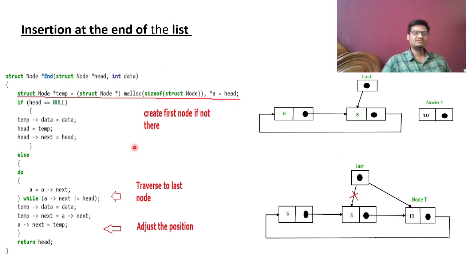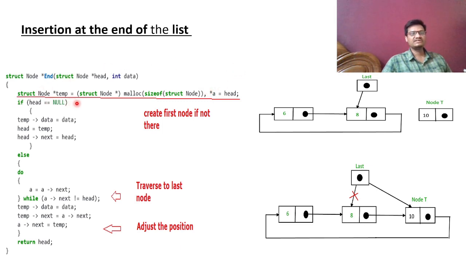So here is the logic to do that. As you can see, in the first line, using malloc, we are creating the space for the node, right? For that we are using struct node, and it mainly contains two things: one is the data part and another is the address part. And second, we are assigning the starting address to a temporary variable.